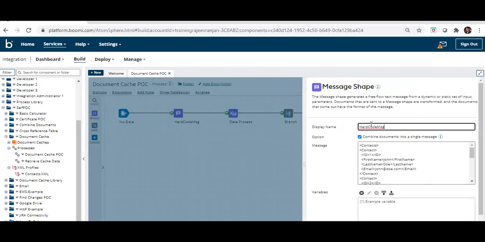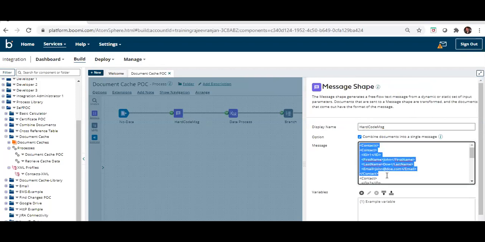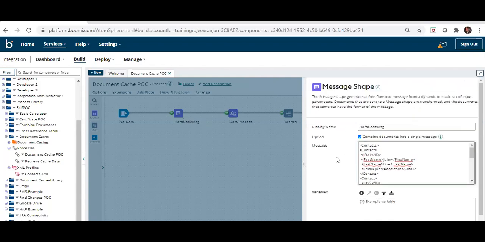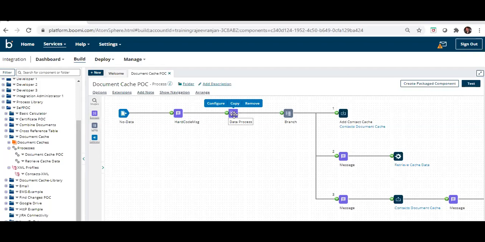In the Message step we have put a hard-coded value of the XML I have shown you. This is the contact information we have put, and we have selected the option to combine documents into a single message. Next is the Data Process step.